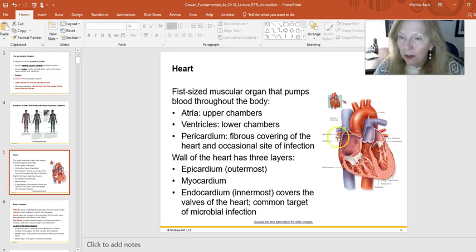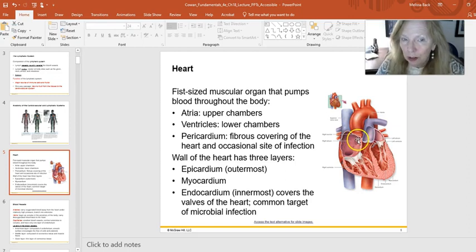When we think about this organ, we do think about this middle myocardial muscle layer that has to be functioning, has to resist fatigue, needs to be rhythmic, and we understand it has a little area that is referred to as the SA node, the sinoatrial node, which is the pacemaker of the heart here in the right atrium, and it sends that rhythmic firing system, as a pacemaker of the heart, to keep the heart beating in rhythm.